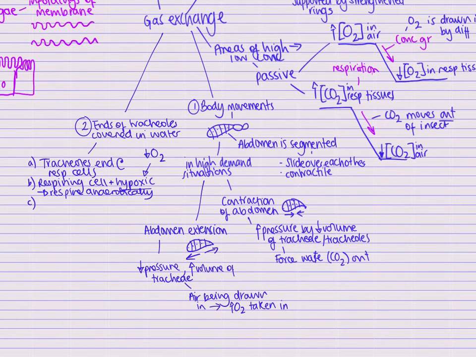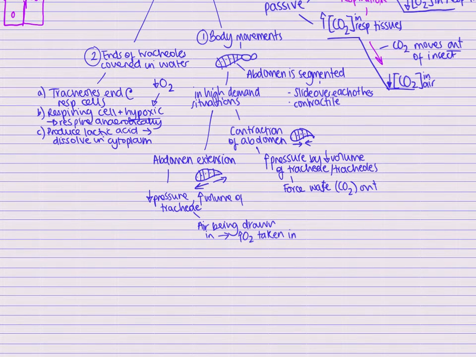And what that's going to do, as we know, is produce lactate or lactic acid. And that is actually going to dissolve in the cytoplasm. We're talking about the cytoplasm of our respiring cells there. Now, when that dissolves in the cytoplasm, it's going to reduce the water potential of the cytoplasm because we've got more dissolved stuff in it. And therefore we've got a water potential gradient